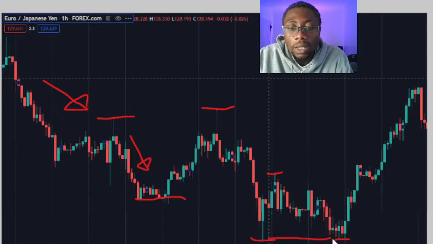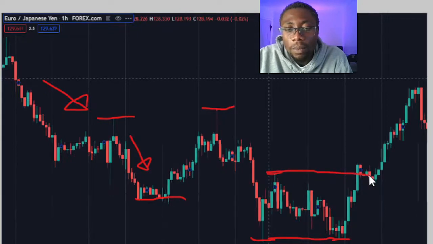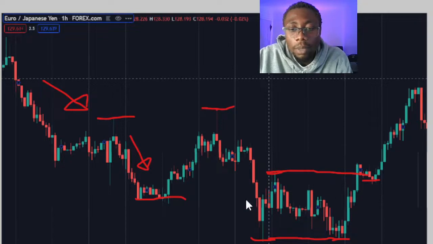So we can connect these two, and that would be a new level. And now we have a low happening. We have this area right here, which price made. And then we have a bounce happening off of this level. So now we see price rally all the way up here, getting to this level and breaking through it with some momentum. It ends up retesting within 2 to 3 pips of this breakout level right here,